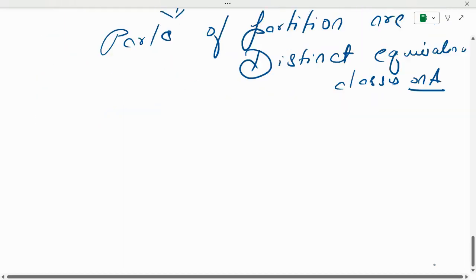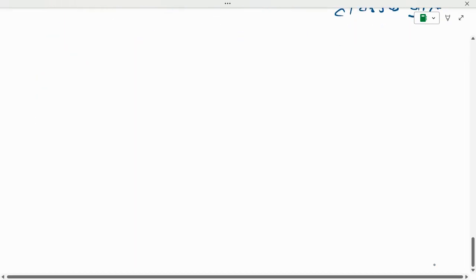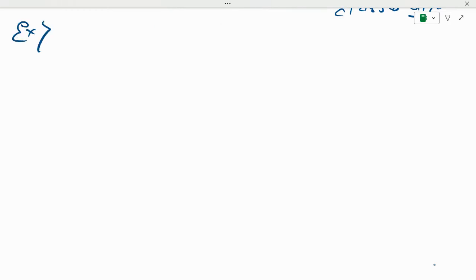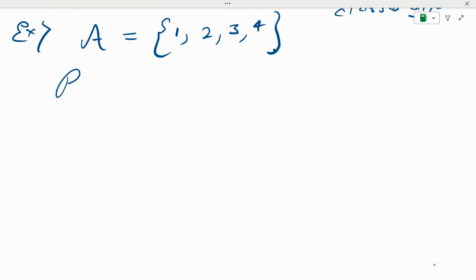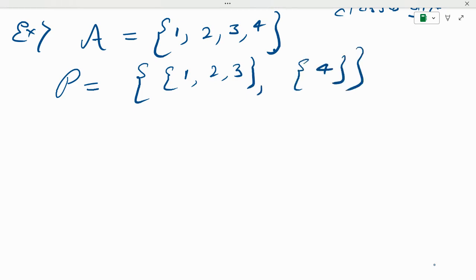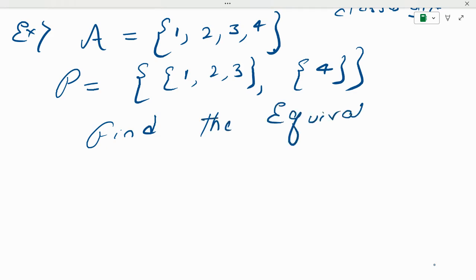Let's see one last example based on this. So from there we can conclude this part. So let's see another example. Let's say here we have set A and it consists of elements 1, 2, 3, 4, and P is a partition defined on set A and it consists of {1, 2, 3} and then {4}, right? So this is a partition defined on A, and we have to find the equivalence relation